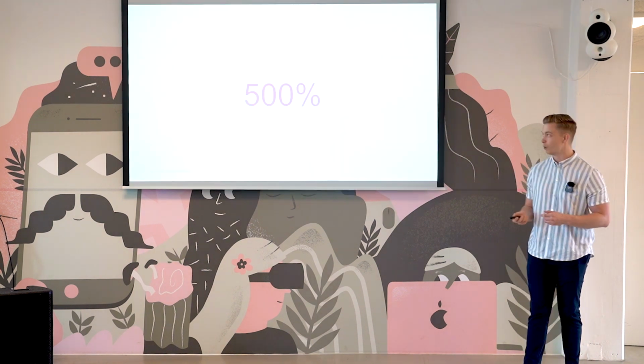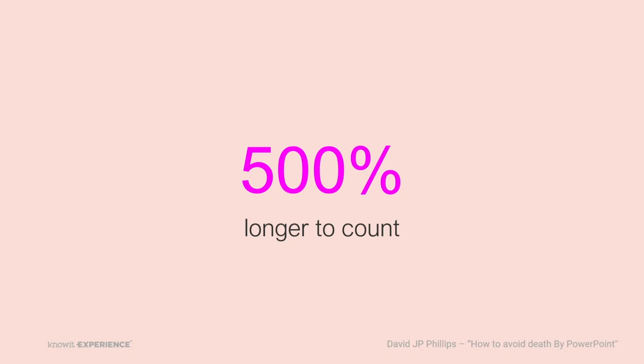So what's the point? Well, there's a 500% difference between the first set of balls and the next set of balls, which means it took you 500% longer to count, and it took you 500% more energy, which means there is a 500% bigger chance that you guys will zone out if there are more than 6 items per slide.